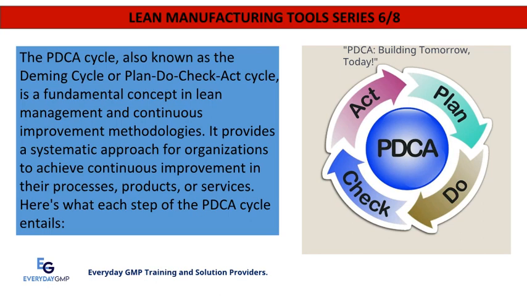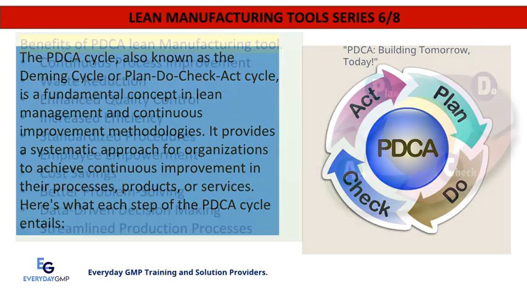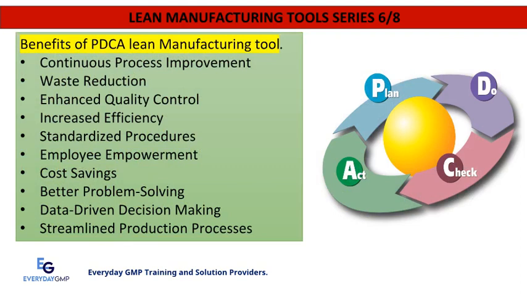Here's what each step of the PDCA cycle entails. Benefits of the PDCA lean manufacturing tool: continuous process improvement, waste reduction, enhanced quality control, increased efficiency, standardized procedures, employee empowerment, cost savings, better problem solving, data-driven